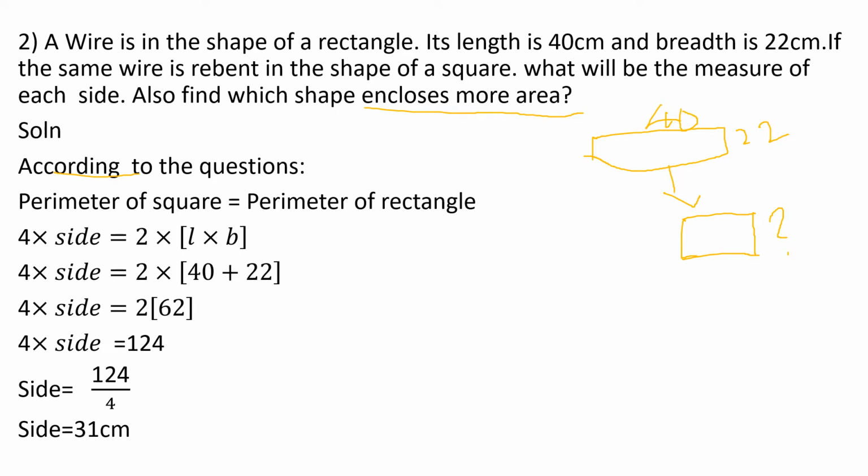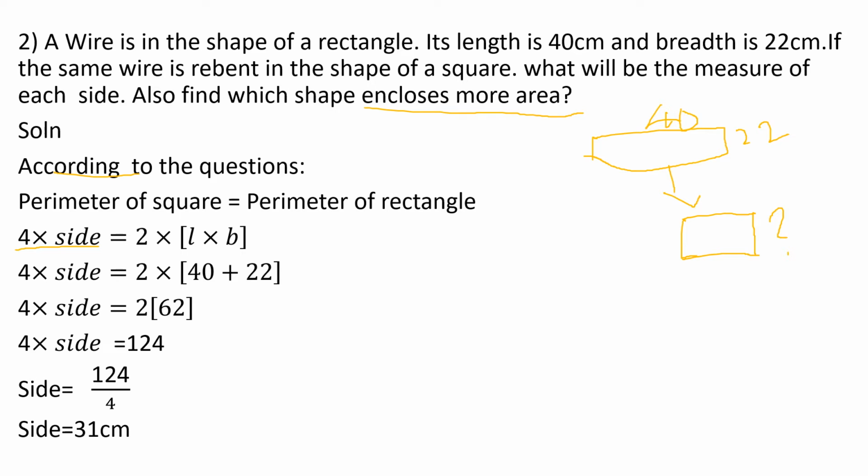So what is the formula for perimeter of a square? What is the formula? 4 into side. You want to write the formula. Now perimeter of a rectangle, 2 into length plus breadth. So these are the formula. So what is the formula for perimeter of a square? Repeat it, children. 4 into side. That is perimeter of square. Then what is the formula for perimeter of a rectangle? 2 into length plus breadth. Or you can say 2L plus 2B. Okay, you can use any one formula.